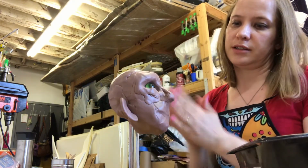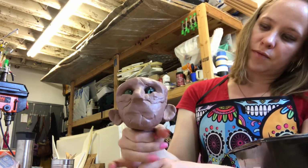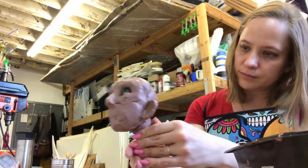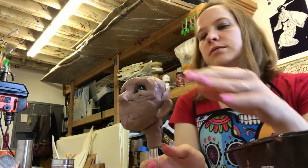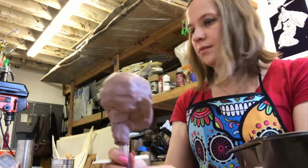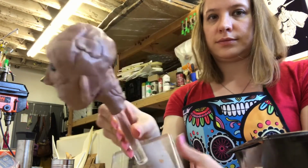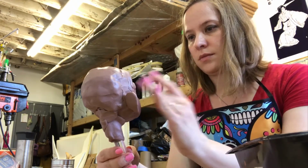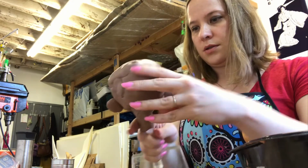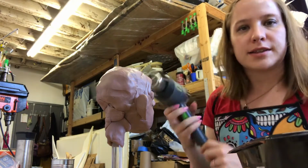Let's add our neck tube on. Start smoothing it out. This is a heat gun. This clay gets really hard really quick, so